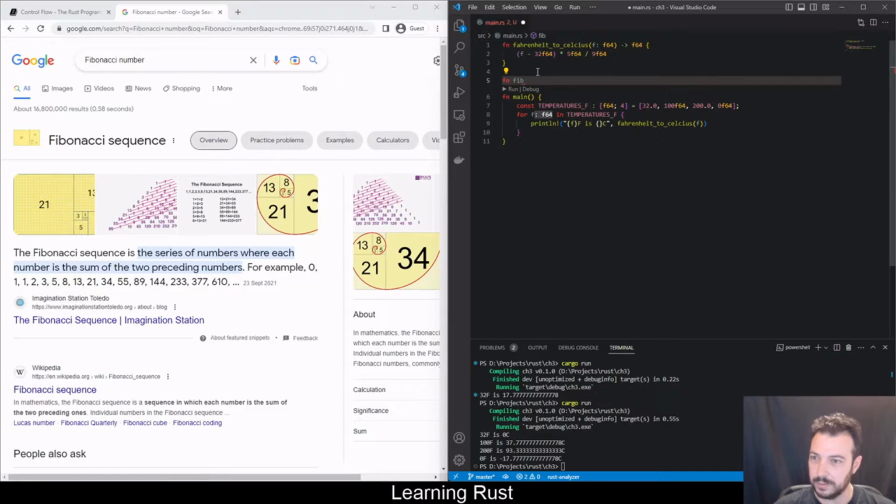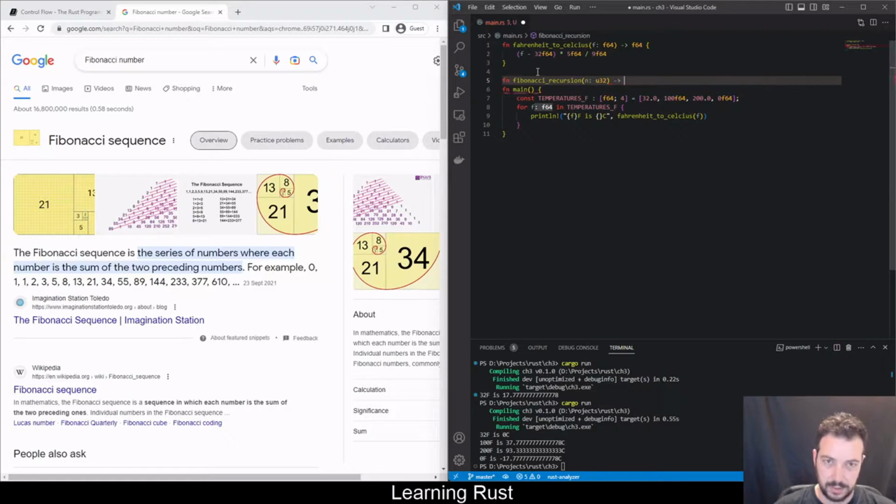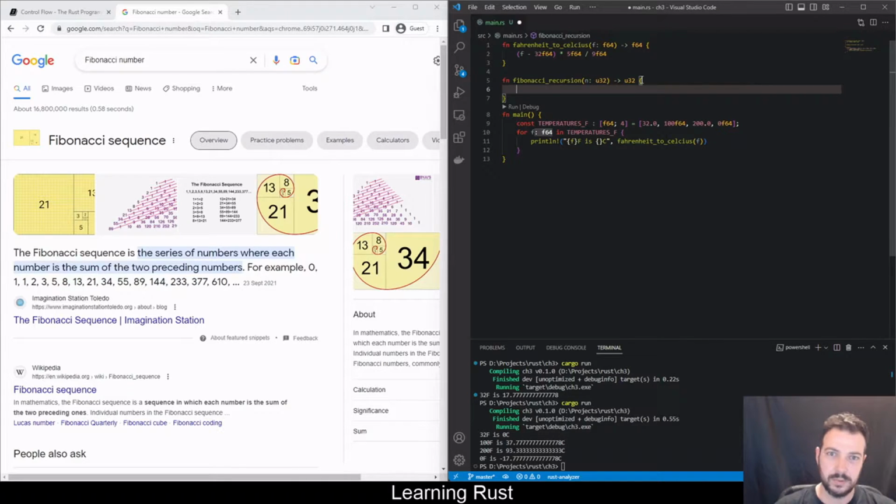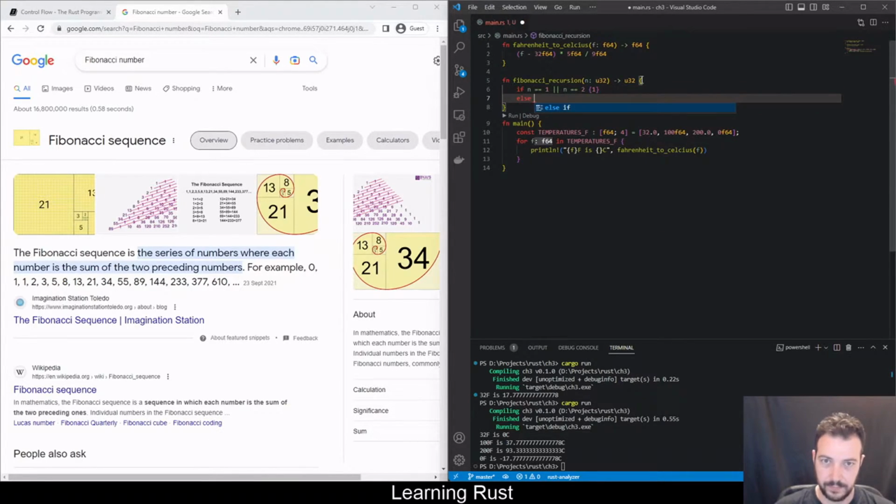So Fibonacci, how do you spell it? Fibonacci recursion. I'm just getting a number, n, of type u32, and I return a type of u32. All numbers here are positive integers, so I think that this is the most fitting type to use, and in recursion it's very easy. I'm saying if n is equal 1 or n is equal to 2, the value of this will be 1, and else the value should be Fibonacci recursion of n minus 1